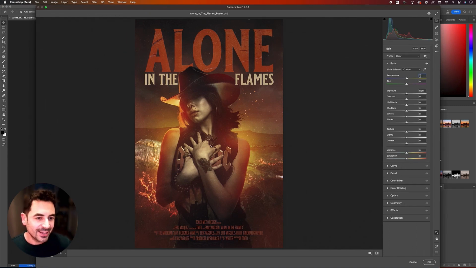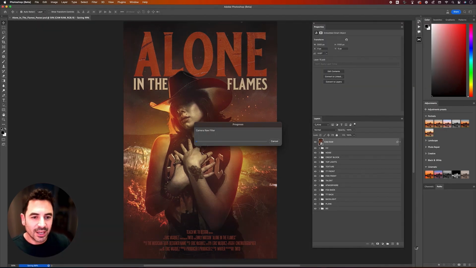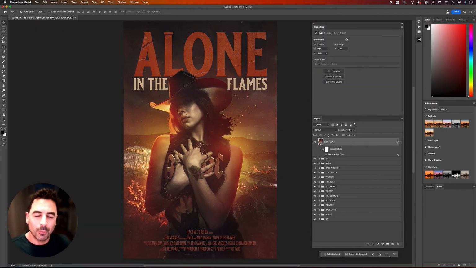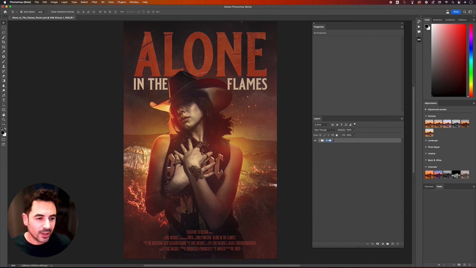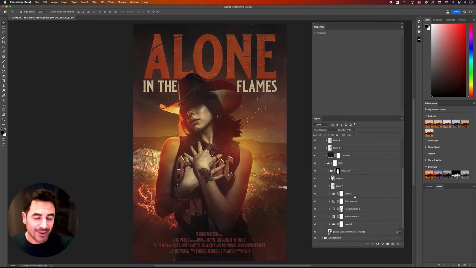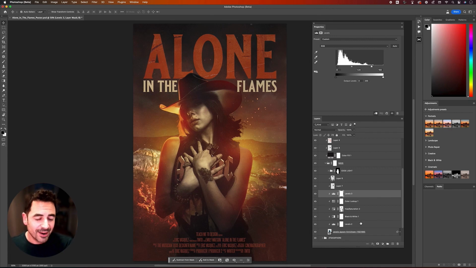Now, I did do that here, but the thing is, once I set that up a little bit, I wanted to go back and make some more edits and changes because I still wasn't quite happy with the contrast and the way that the hair and the hat were looking. So you'll see me going through the Camera Raw settings, and then I go back. I actually had to scrap it, just delete that top layer,